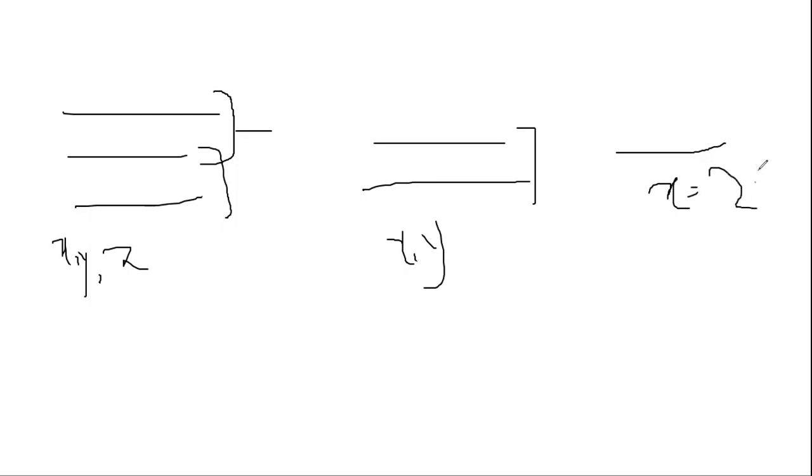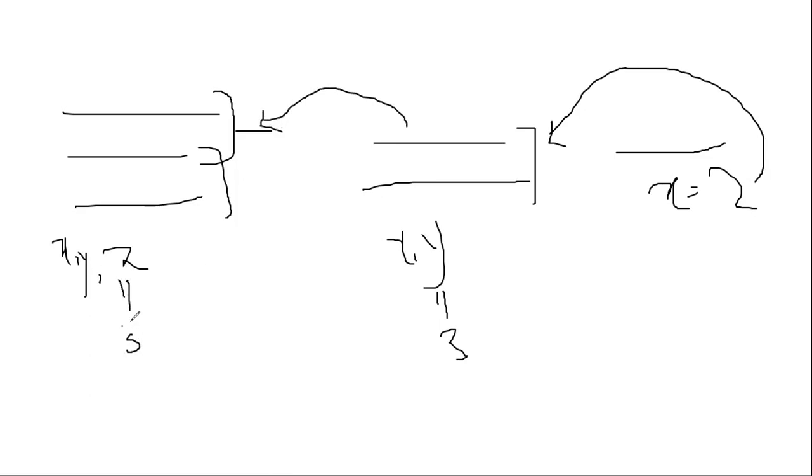Now I'll put this value of 2 back into any of these two equations, and I'll get the value of y. Let's suppose it's 3. And I'll put the value of x equals 2 and y equals 3 back into any of these original three equations, and I'll get the value of z, which is, let's suppose, 5. So 2, 3, and 5 will be the solution to my 3 by 3 system of equations right here. That is the general summary of this.